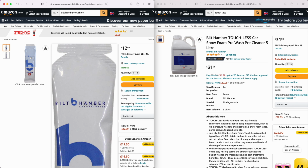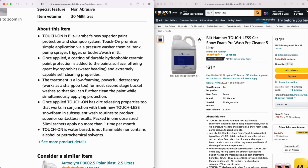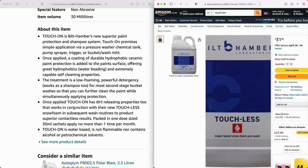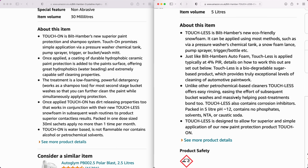So Bilt Hamber Touch On and Bilt Hamber Touchless. A different kind of snow foam, I think, the idea being that it leaves less suds, so it's easier to rinse off in a contactless routine. And then their product Touch On, which is a sachet-based bucket wash, which reapplies that sealant protection and has incredible hydrophobic properties. So once I run out of the OptiSeal, I'm going to move to that routine and try that. So there are a few different contact routines you can look at there,